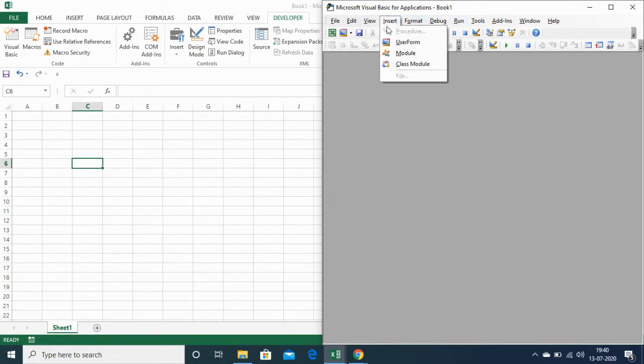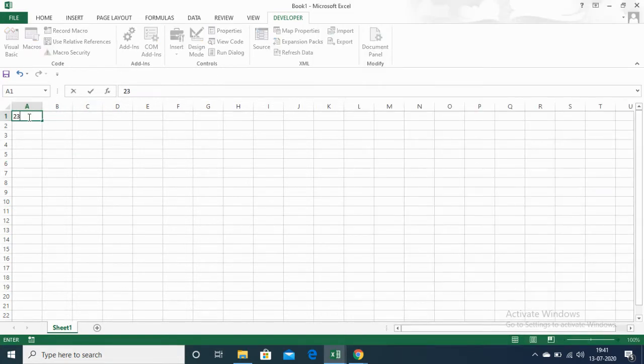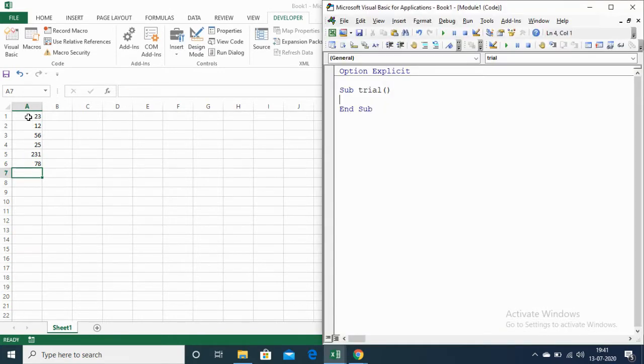Let me first insert a module and start a subroutine whose name is trial. Now let me insert some numbers over here. So these are some numbers that I have inserted in the range starting from A1 to A6.